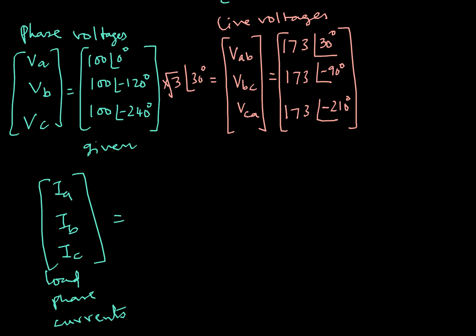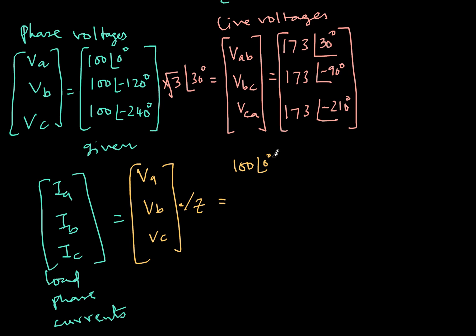Load phase currents, if I want to find, that is nothing but VA, VB, VC all divided by Z. So each element I have to divide by Z. That's why I've just given it like this. So that is 100 angle 0 degrees divided by 2 plus J7, 100 angle minus 120 degrees divided by 2 plus J7